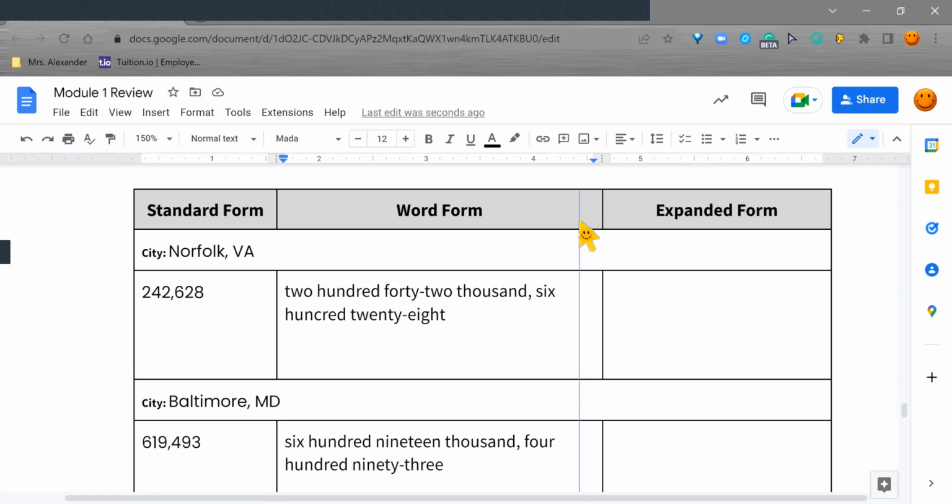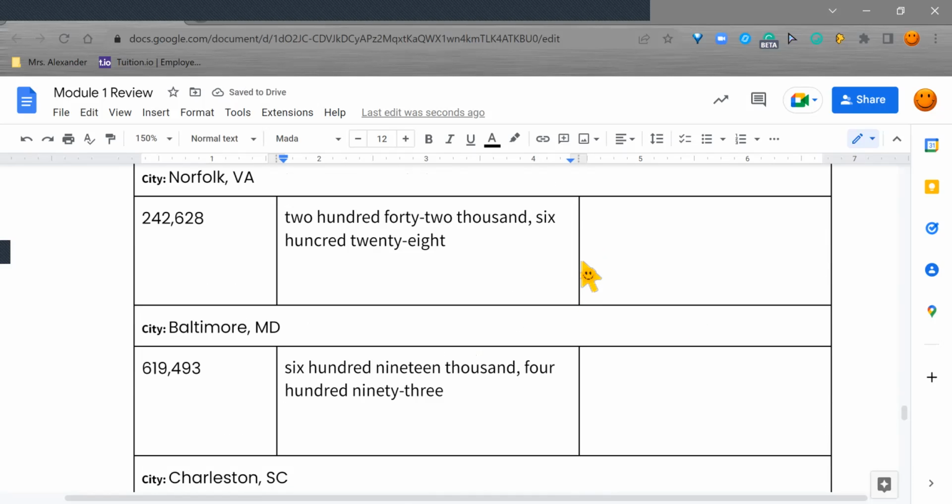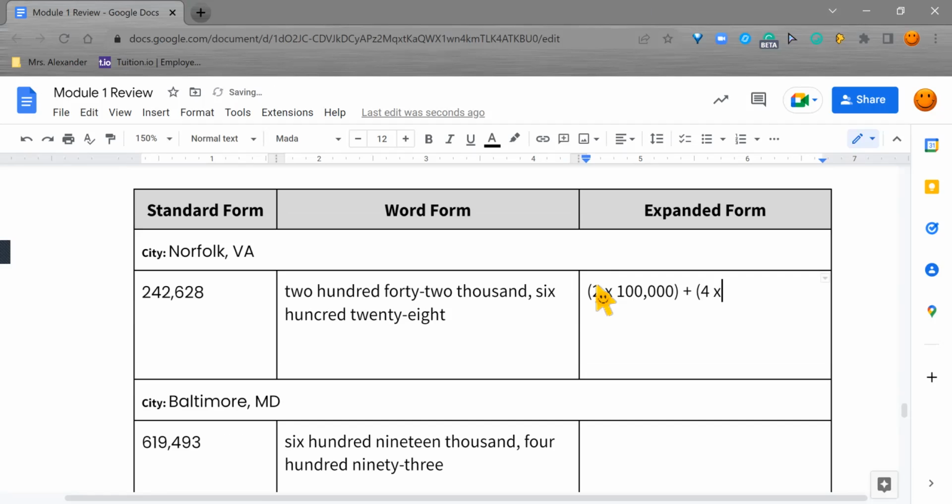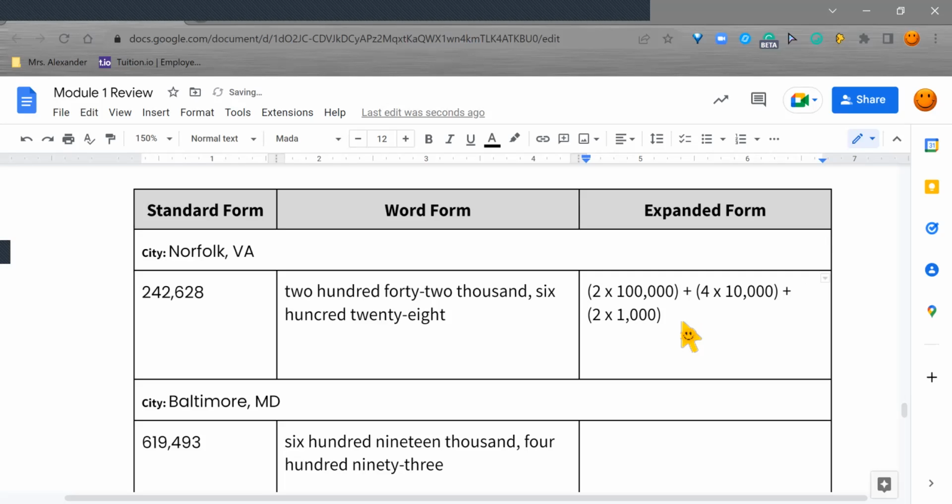I'm going to actually take my line and move it over just a little so I have a little more room. So to do an expanded form, we do 2 times 100,000. Then we need to add, you guys, and then we do 4 times 10,000. And then we add, and then we do the 1,000. So we do 2 times 1,000. And because the 2 and the 1,000 is on the same line, I'm going to hit enter because I want them on the same line. And now we go to our hundreds. We do 6 times 100